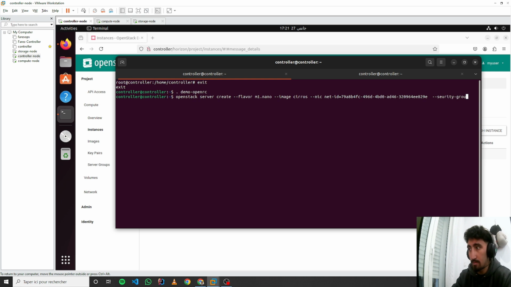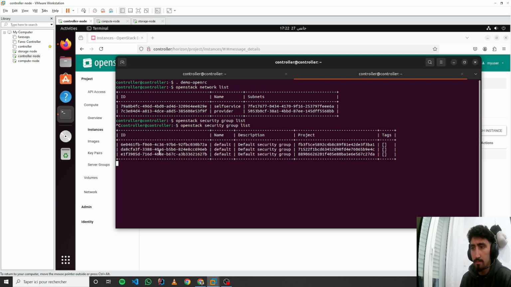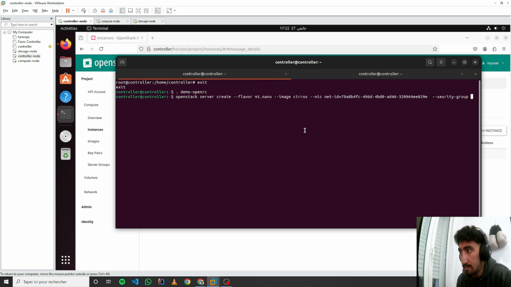Security group here. So we need to copy and paste this ID. Then the key name, it will be mykey in our case, and let's specify the name of the instance